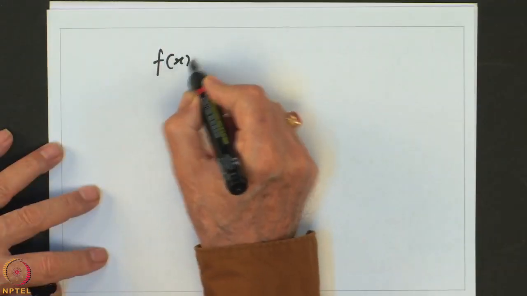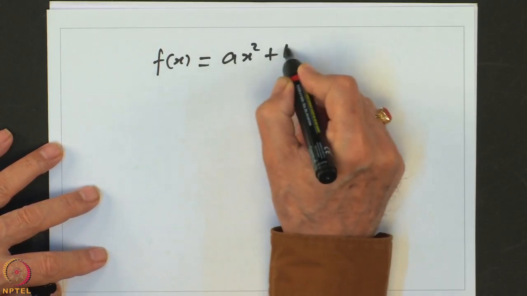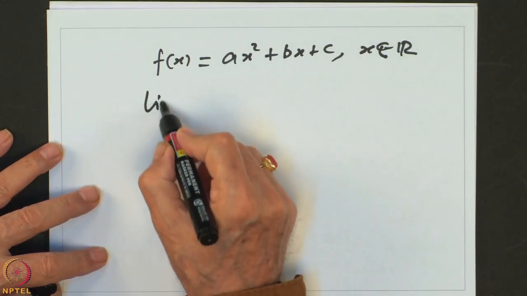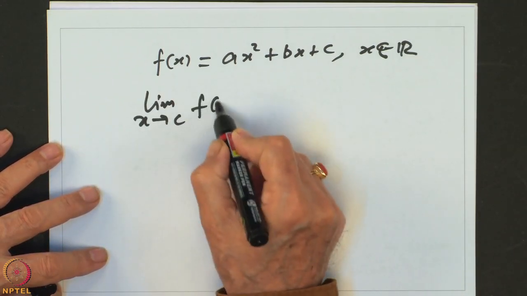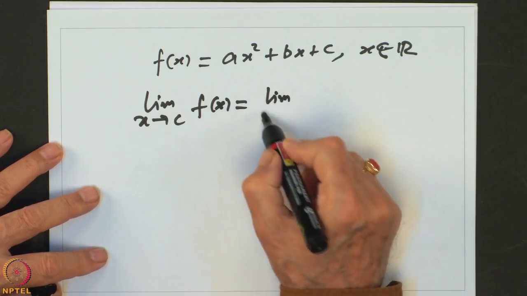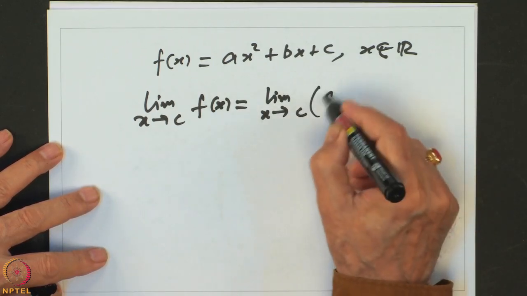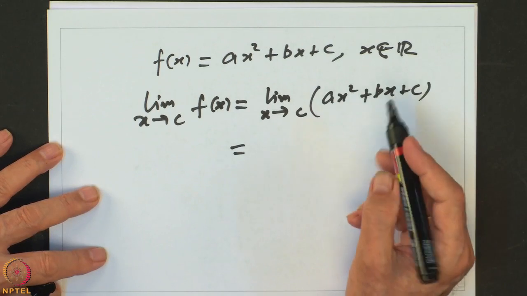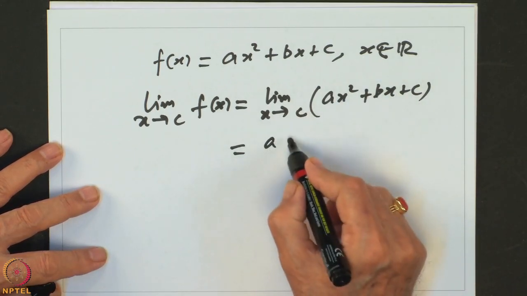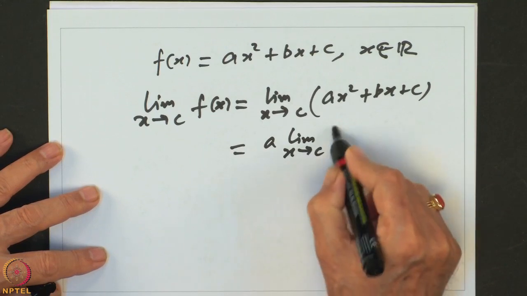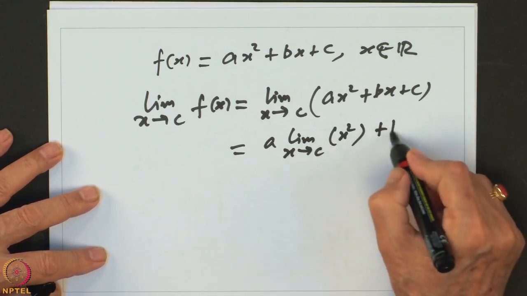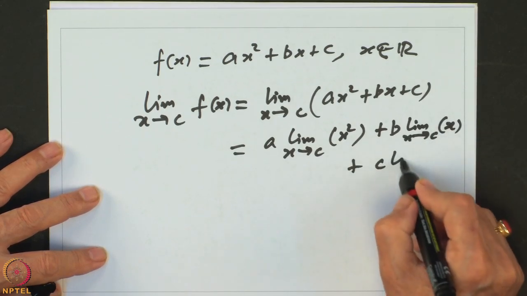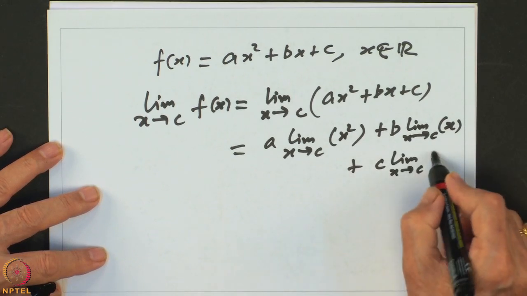So, f of x, if I take it, is equal to a x square plus b x plus c, x belonging to R, then the limit as x goes to c of f of x will be equal to the limit of a x square plus b x plus c, and now we can apply algebra of limits, that is a times the limit of x square plus b times the limit of x plus c times the limit of